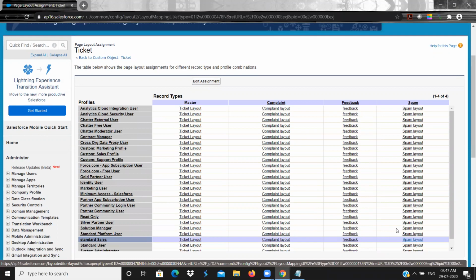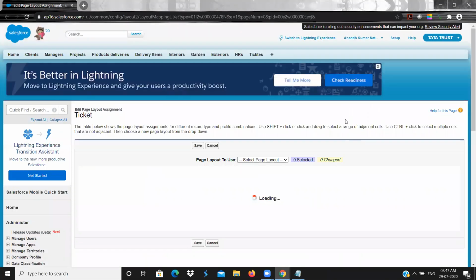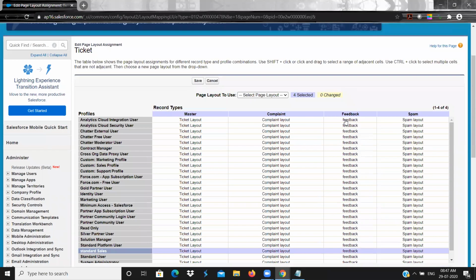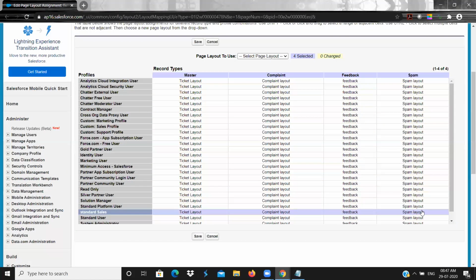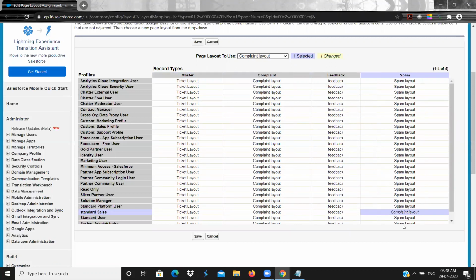Due to some reasons, only for sales users, even if it is spam, they want a complaint layout. In that case, click on edit assignment, and only for this sales user, you will remove the spam layout and put the complaint layout. So only for the sales user profile it is changed, not for others.